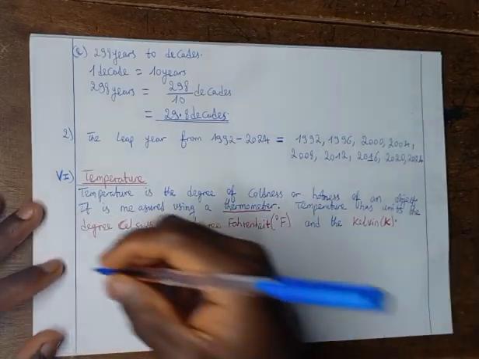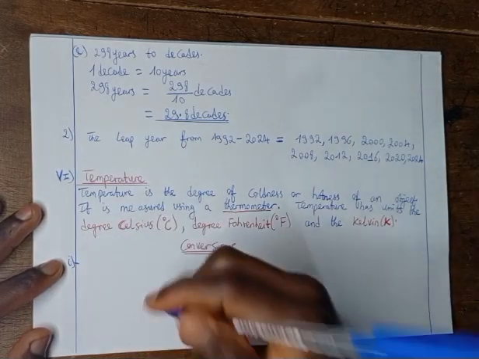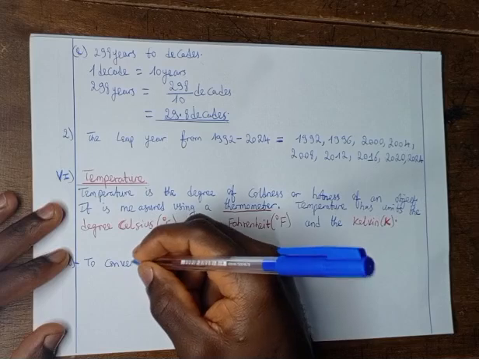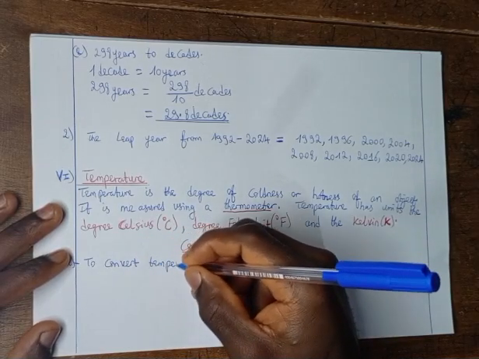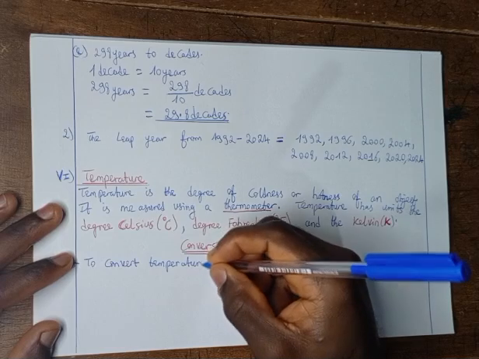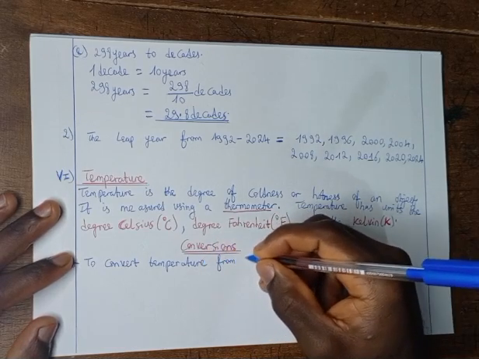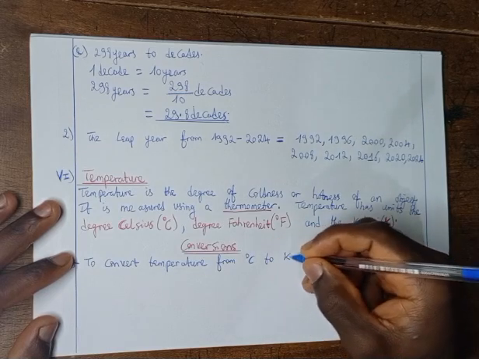Take I. Then we are going to take the first hyphen by the margin. To convert, that means to change, temperature from degrees Celsius to Kelvin,